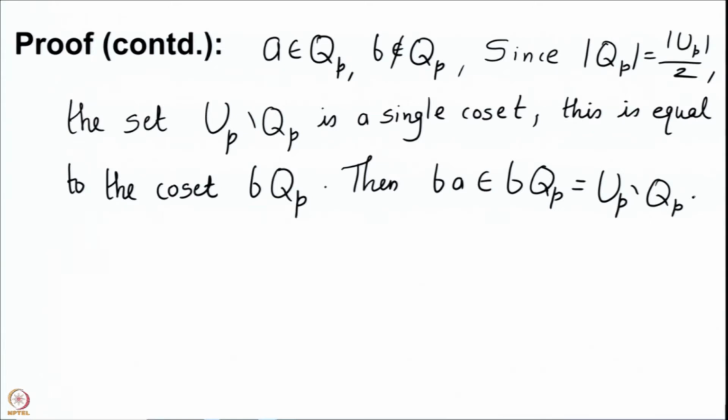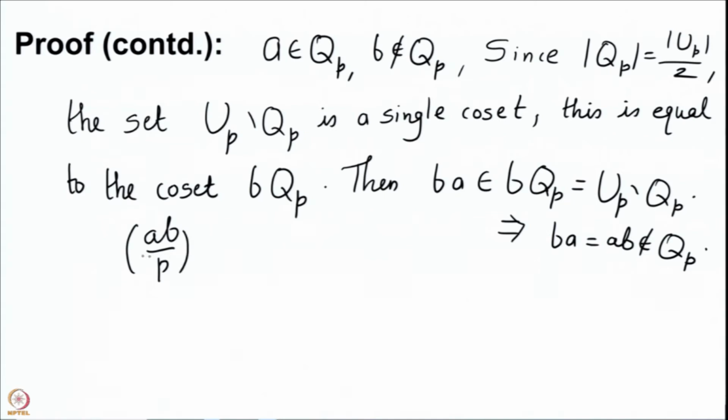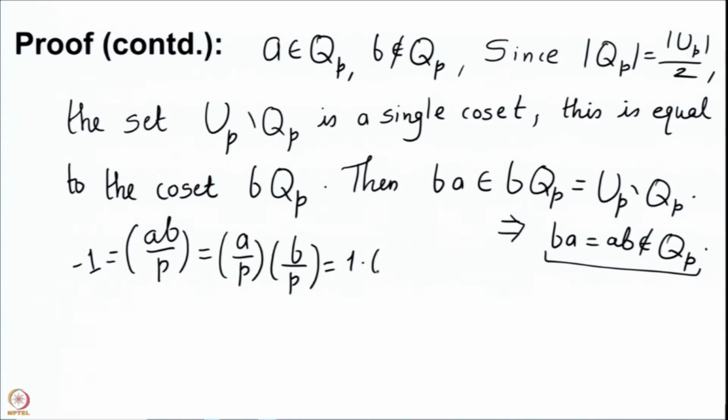So, here we get that when you have A in QP, B is not in QP, it will tell you that BA or AB is not in QP. So, the computations will tell you that (AB/P), which is now minus 1 because AB is not in QP, is also equal to (A/P)(B/P), which is 1 into minus 1, which is minus 1. So, the case A being in QP and B not in QP is now done, because then AB is also not in QP,